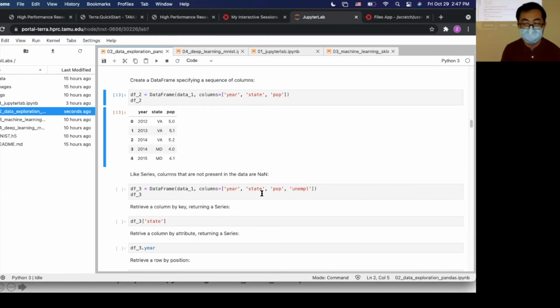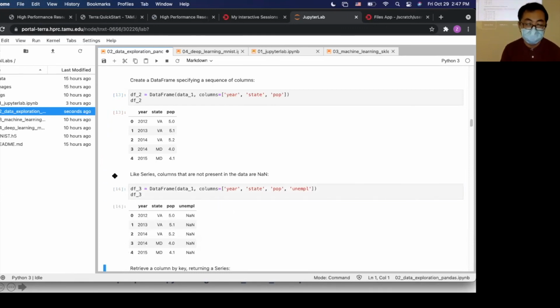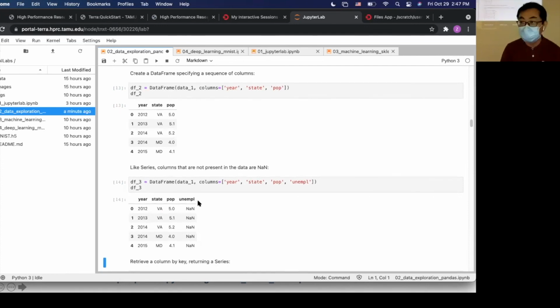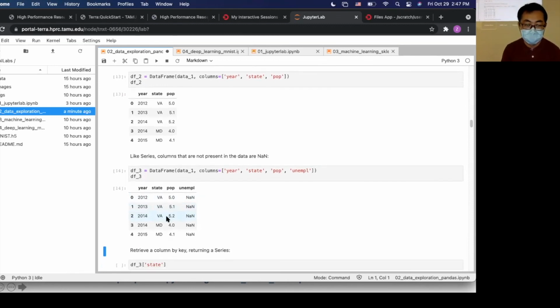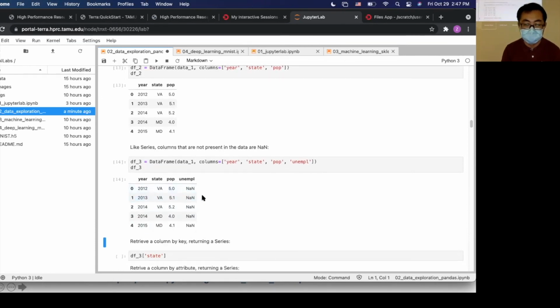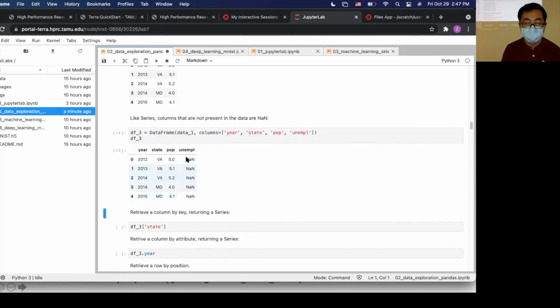It's a short form. But think about it, you haven't given it any data yet, right? So it's just a missing value. But you can give it a list to fill all these positions. If you find, oh, I found Virginia in 2012, the employment rate is like 4.1 or something, you can give it a list to get these blanks filled up.